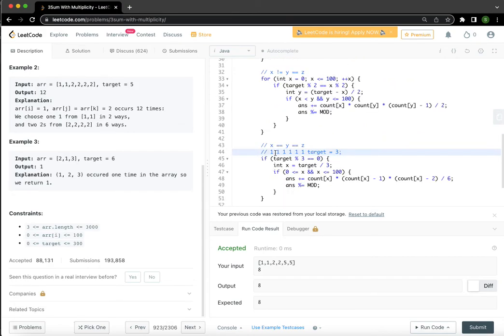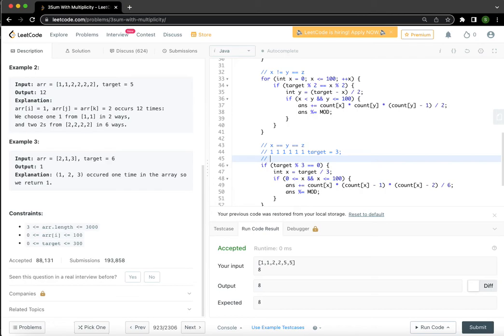What we are saying is that x, y, and z are all the same. But in our count array we will only have a value for 1, and that will be 6. So how would we calculate how many combinations we could have for 3 such elements among 6 elements? That will be 6 factorial